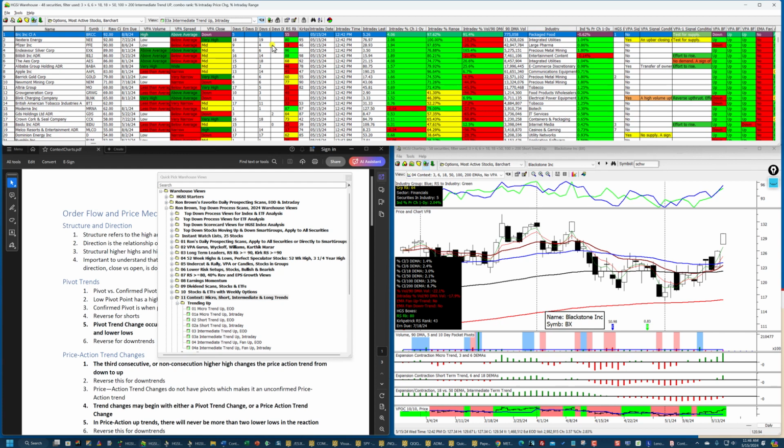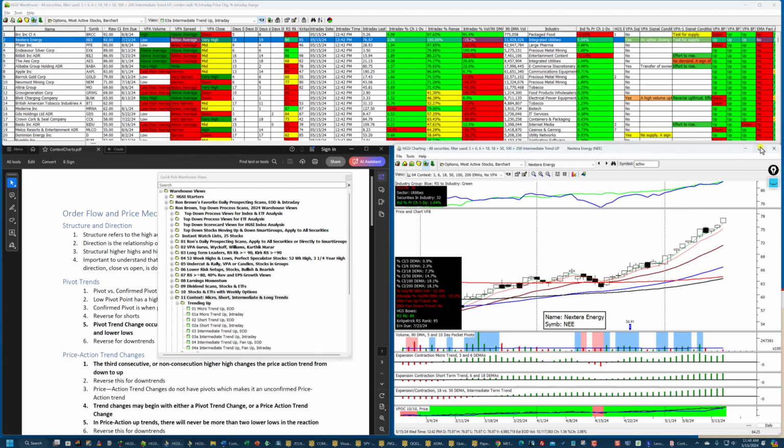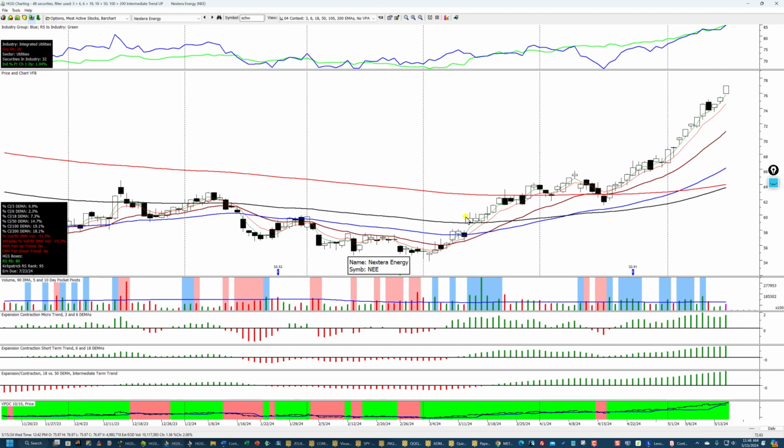So the intermediate trend, what is that? It means that all of the moving averages have crossed over. Let's take a look here. Here's a $76 stock. This is a beautiful chart. And I'm going to point out here that the